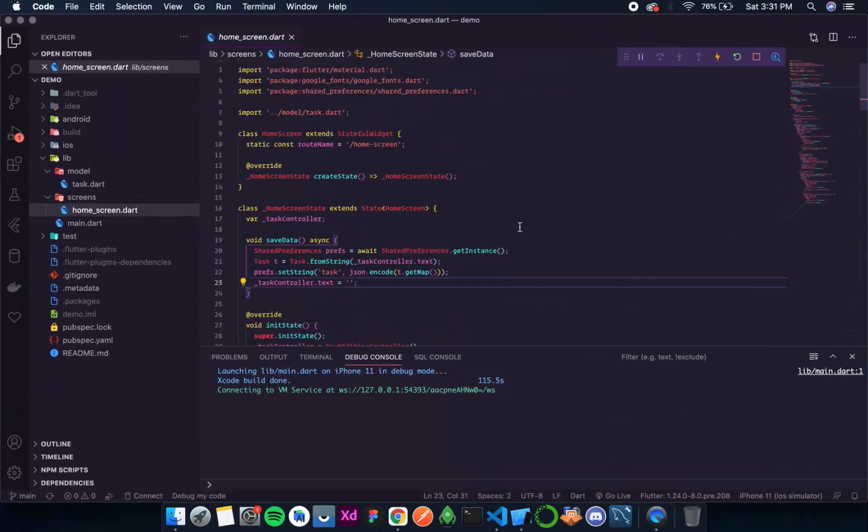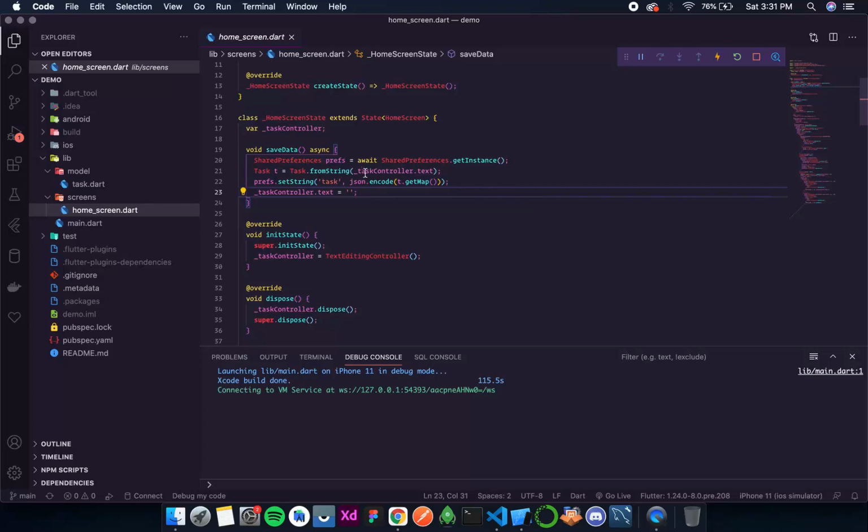Okay, so now there was an error that I made. So over here, while we are saving, you can see that in the preferences I have given it a key of task. So every time I add a new task, this same task key is given to that task, and hence the value which was stored prior to execution of this statement gets removed. So ultimately what will happen is that in our shared preferences we will only have the task that we saved last. So that would be an error.